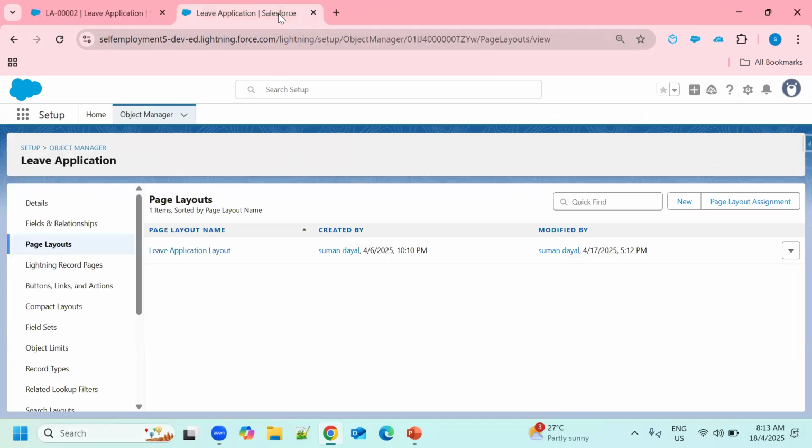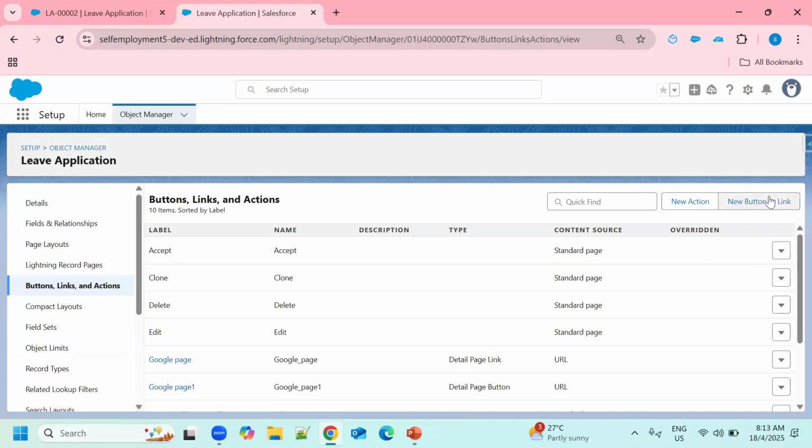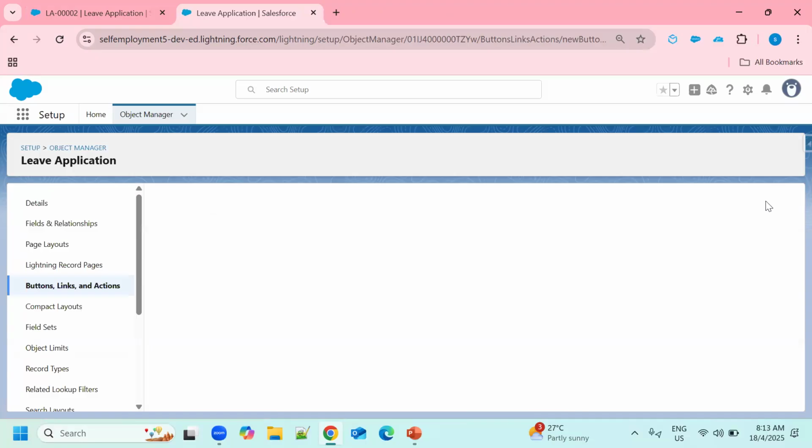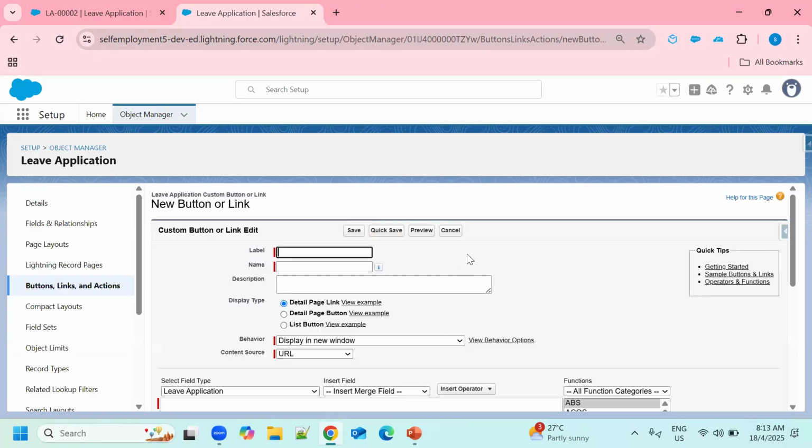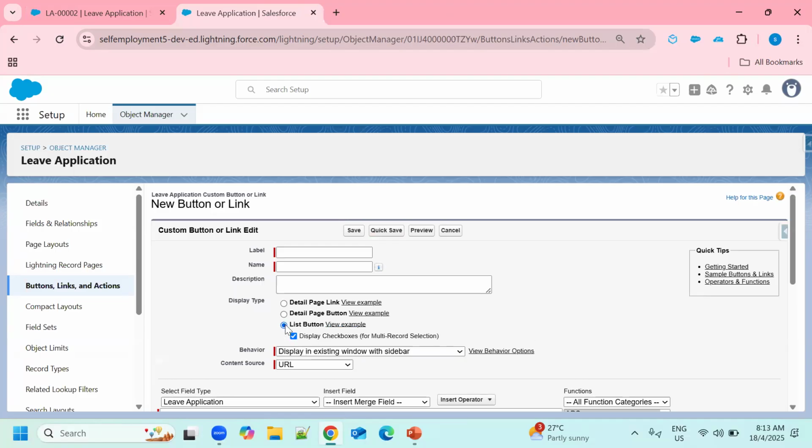Now let's do the third one. Again come to the button and link, click new button and link. This time I am going to create the list button, right? So just select this option. As you select this option, this checkbox is available here, right? What does it mean? This checkbox is available for mass update.